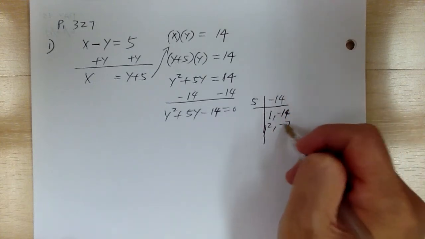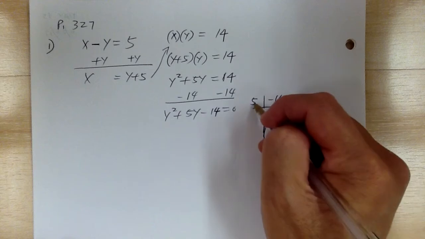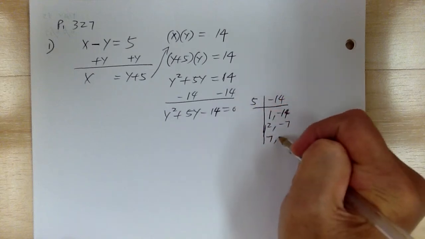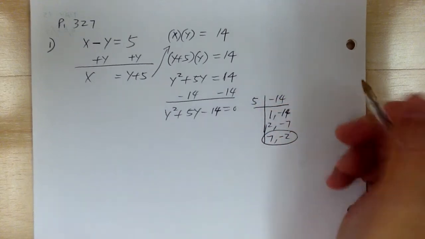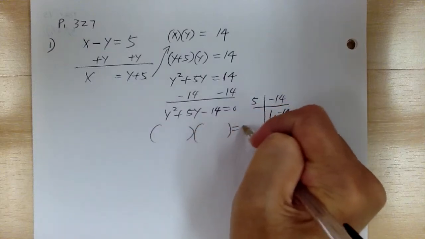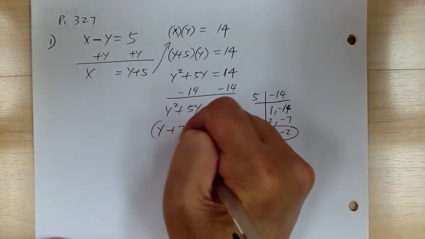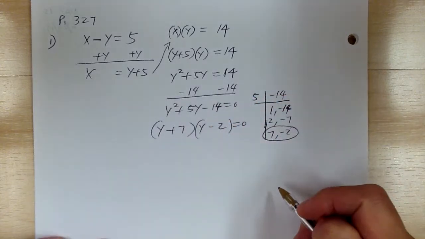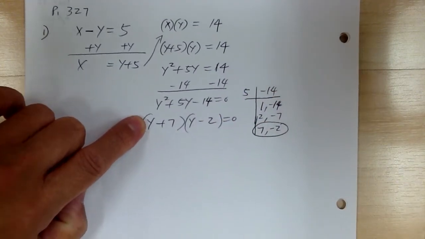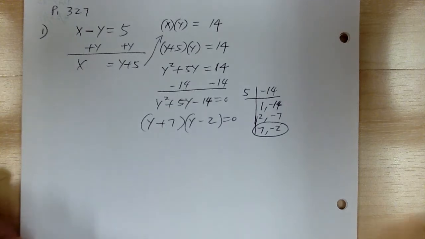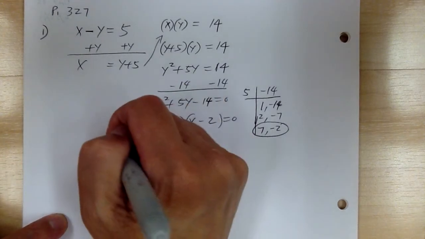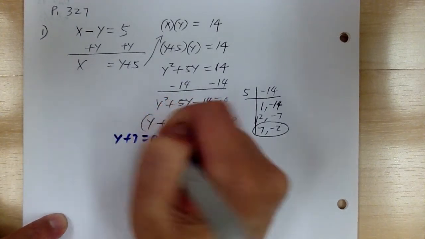And with this one you can see you're going to get negative 5. So the sign is wrong. So you need to get 7, comma, negative 2. So that's the correct combination. So go and factor. You're going to get y and a y, plus 7, minus 2. So from here, I'm going to start to do color coding. So you're going to get y plus 7 equal to 0,